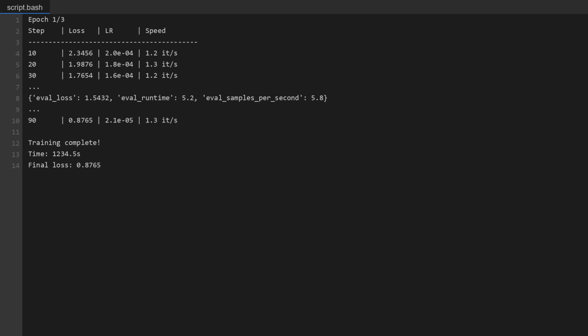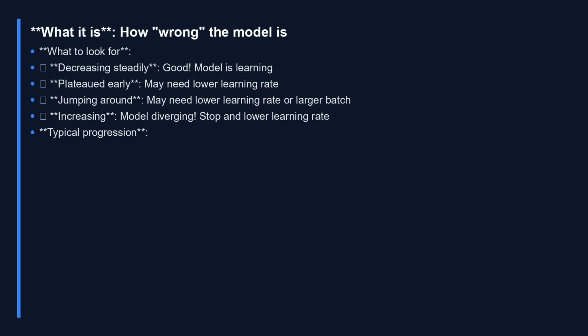At the end of the training, you'll see the evaluation results, including the final loss and the time taken for training. The final loss value is particularly important, as it tells you how well your model is performing on the training dataset. The output confirms that your model has completed training successfully, and you can now move on to evaluating its performance. Loss: what it is, how wrong the model is. What to look for: